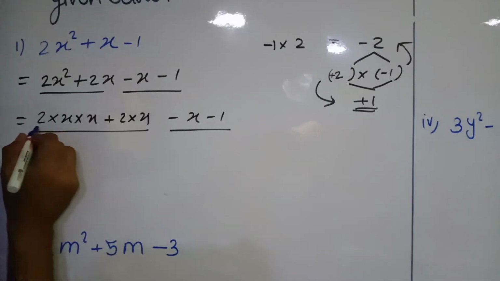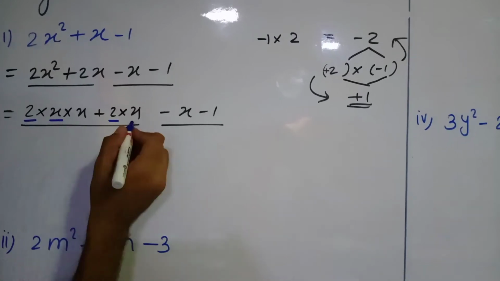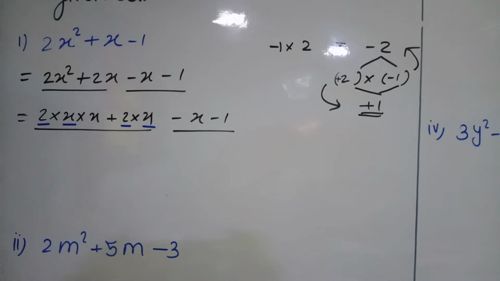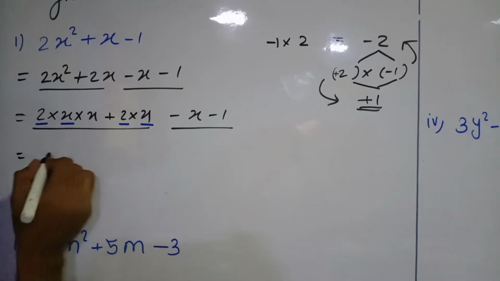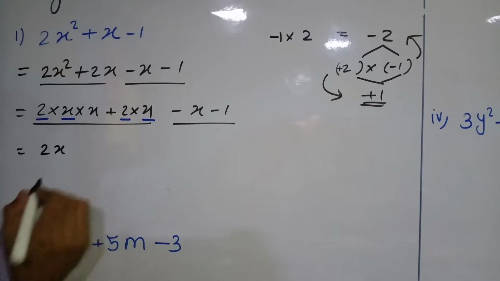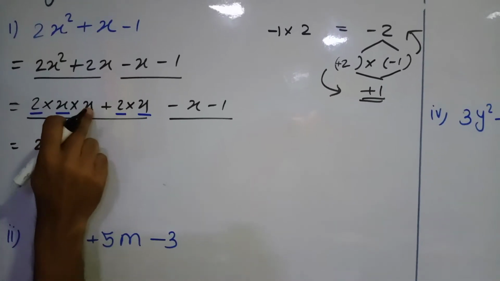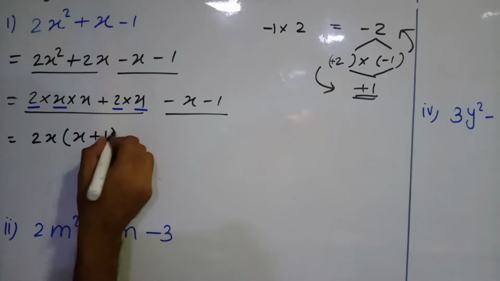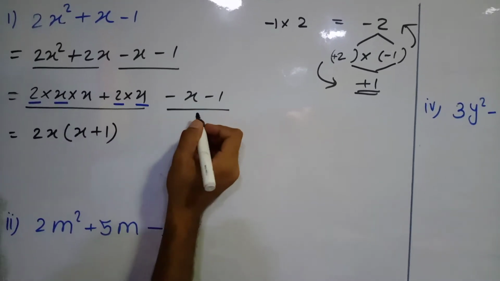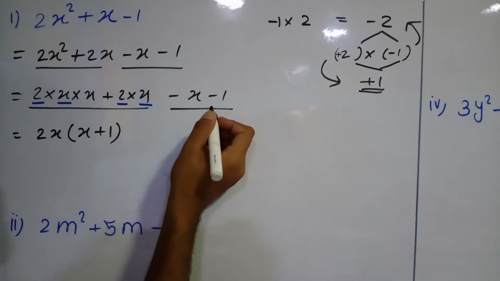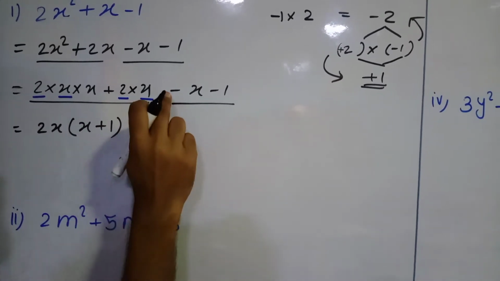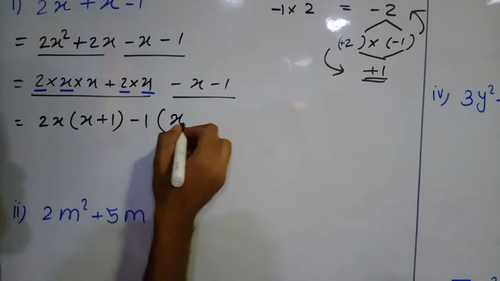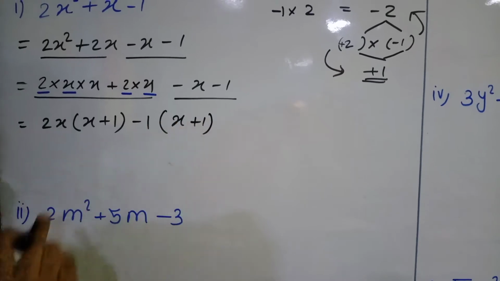So let's see, here we have the 2, we have 2x. Are you getting anything else in common? No. So we take what we got as common, 2 into x, that means 2x. Now what will remain, we have to put in the bracket. Here we have x plus nothing, means 1. In the second one we are not getting any common factor, so that means 1, and we take the common minus sign, so minus 1. So in the bracket what will remain? x plus 1.